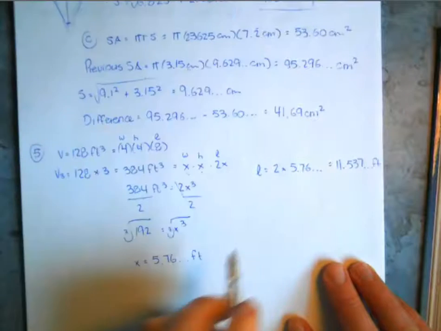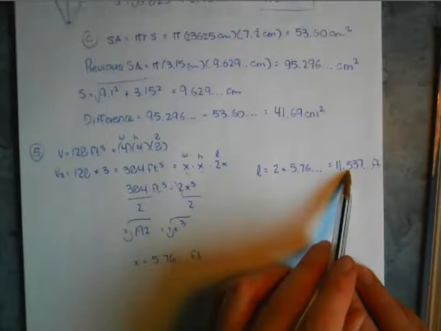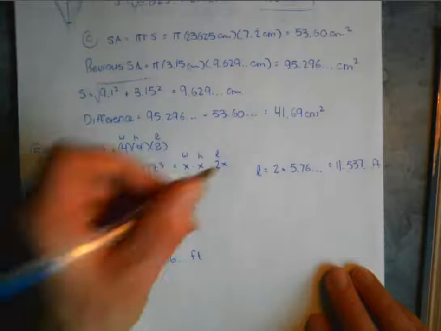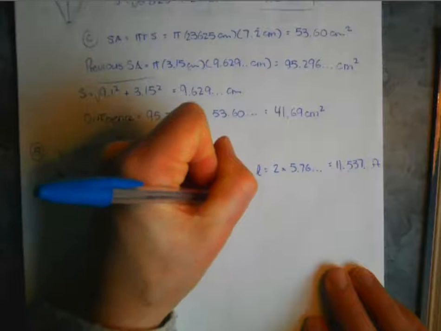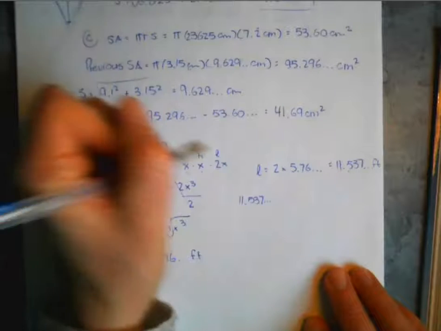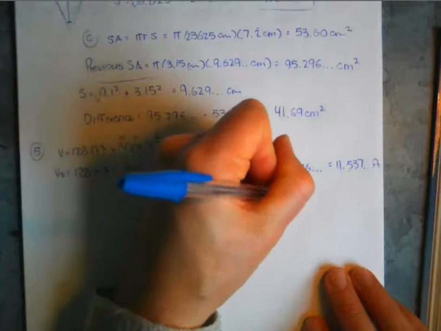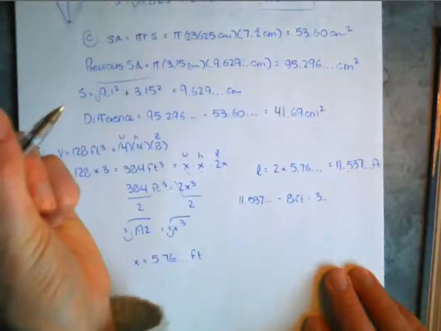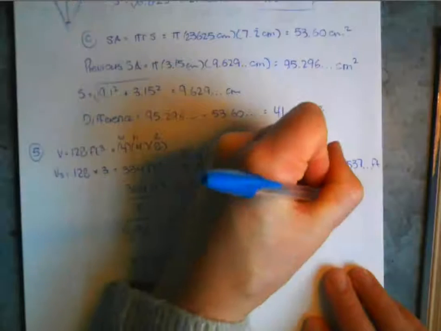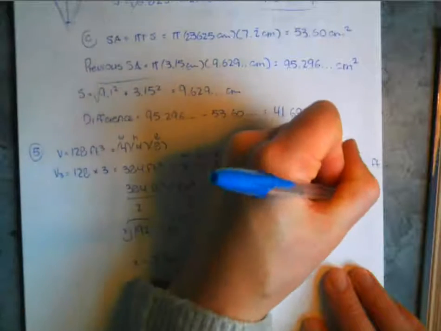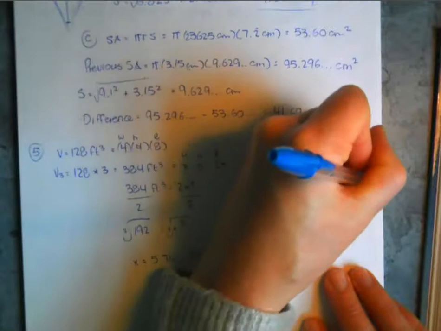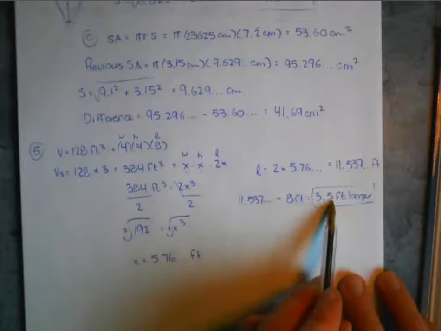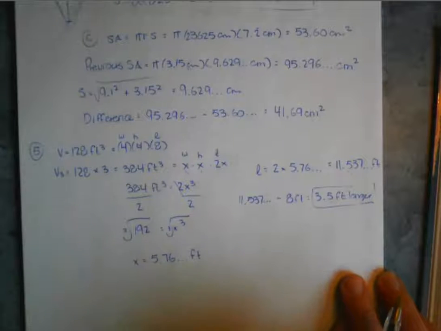feet. They're asking how much longer this is than the original, so we just need to find the difference between those, just like we did in the previous question. So it's going to be 11.537 something minus 8 feet, which is going to give us 3. Let's round it off to 3.5 feet longer. Okay, so the new length of the pile is 11.5 feet, but it's 3.5 feet longer than the original pile was. Okay,